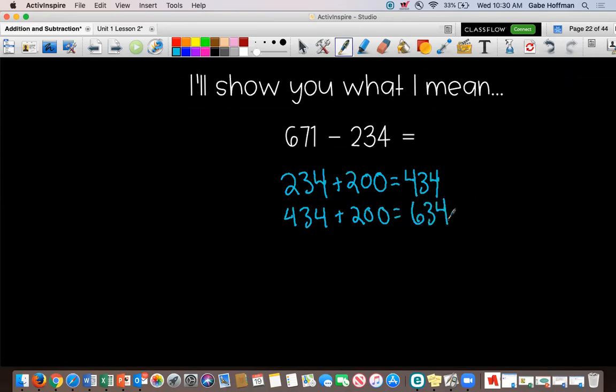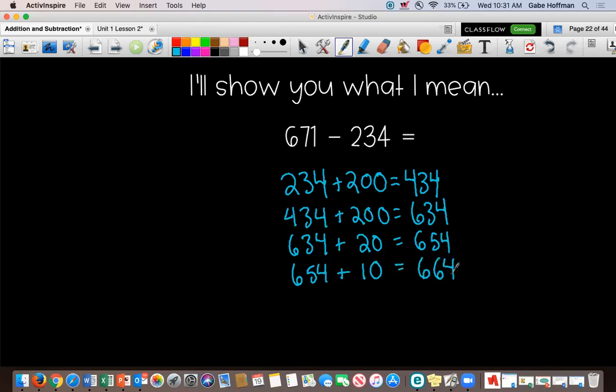634. Now's a little bit trickier part. I've got to try to get to 671 without going over that. So I'm going to do 634 plus 20. And get 654. And then I'm going to do 654 plus 10 is